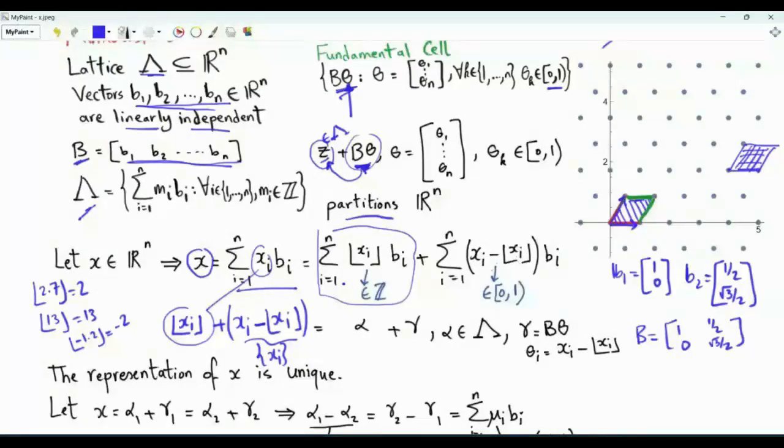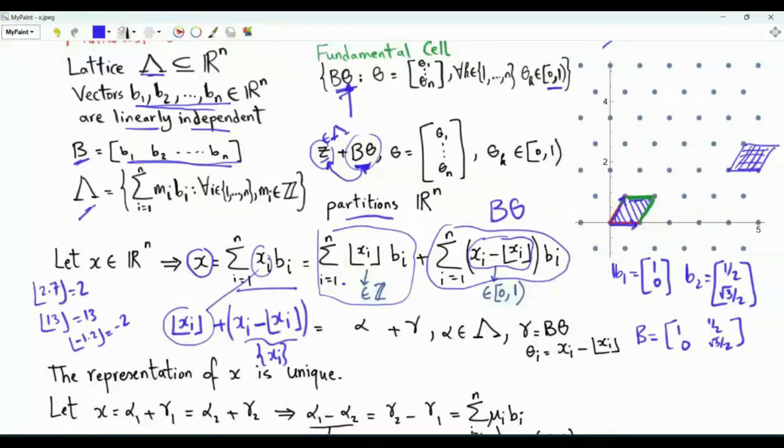Xi minus its floor. This is 0 if xi itself happens to be an integer. And if xi is not an integer, this will be a number strictly between 0 and 1. So the difference between xi and its floor is a non-negative number that is strictly less than 1. So this summation here can be written as matrix B times vector theta, with components that are non-negative but